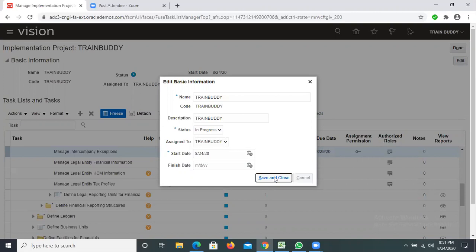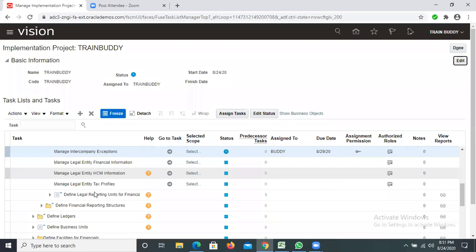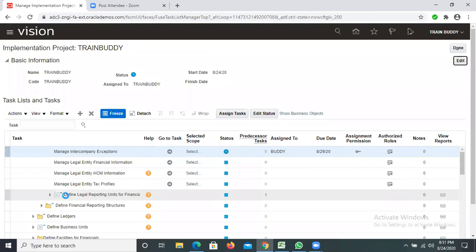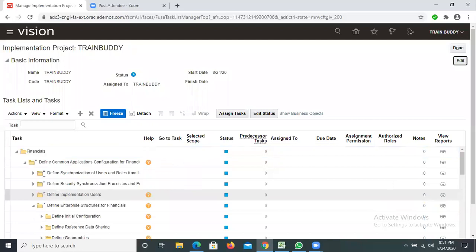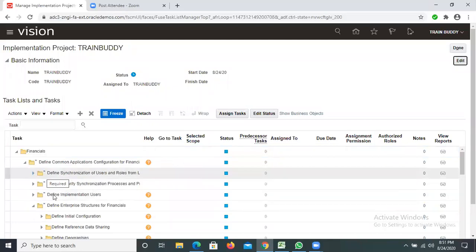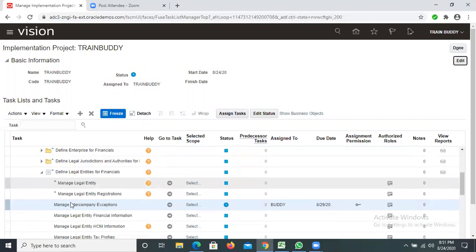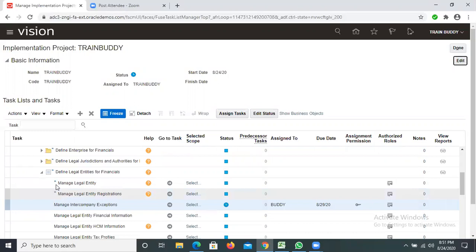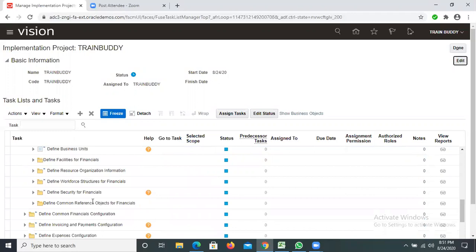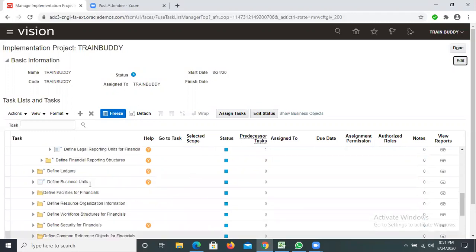Okay, now after this we are going to do a setup. Each and every task we are going to do this. See, whatever task which has an asterisk in the left hand corner, that is mandatory. Those which are not having an asterisk are optional, whether you can do that or you can leave it. But these are all mandatory setups. Mandatory, you have to do it. Okay, so that is very important. Okay, so that is one thing. Now we can start doing a